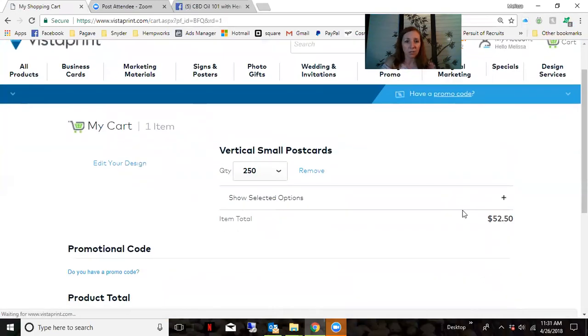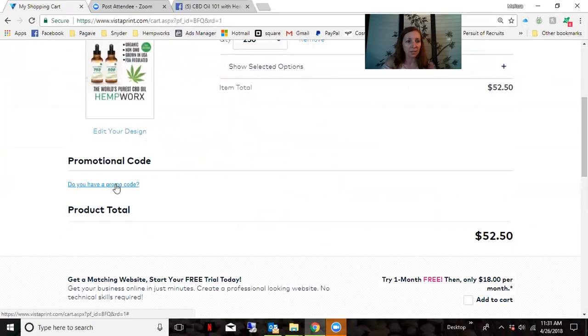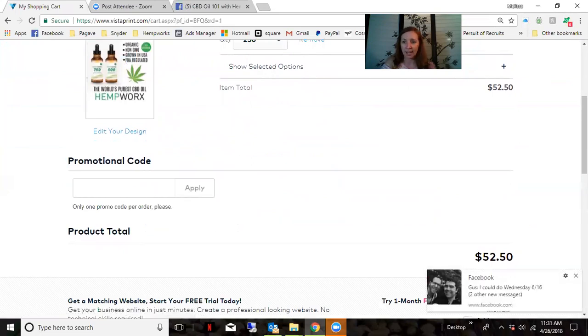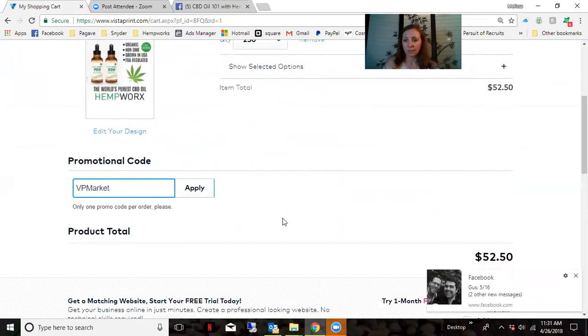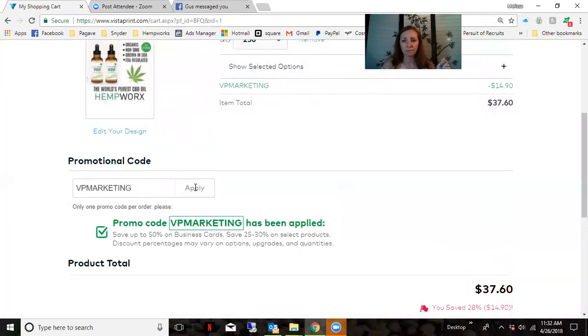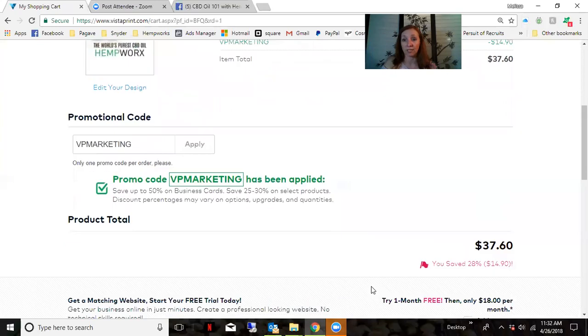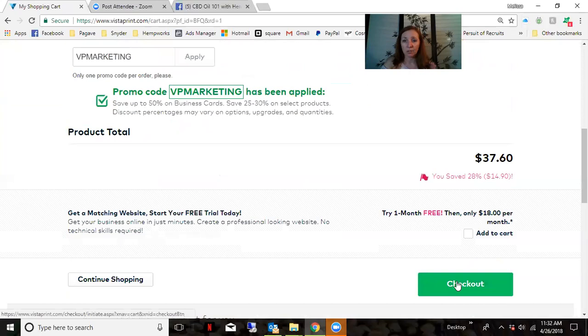So here's my cart. I have selected 250 of these vertical postcards. They are currently $52.50. I have a promo code today. VP Marketing. Oh my goodness, notifications. Calm down there. VP Marketing. Does it have to be capital letters? I don't know. We'll see. So $52.50. Boom. Promo code takes it down to $36.70. I see $14.90, which is probably the amount of my shipping. I'm going to go to checkout,